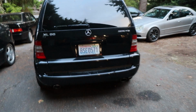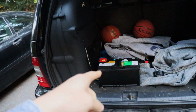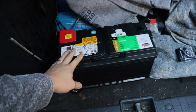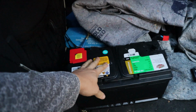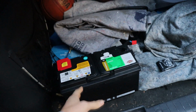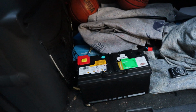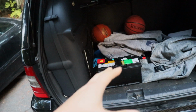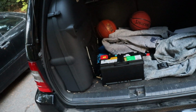No bueno. Alright guys, just got back from Costco. Got our new Group 49. I decided to stick with the Group 49. Could have gone with the H7, but just stuck with the H8. Fresh September 2023, so should be good. Like I said, 3-year warranty on those, and it was $180 out the door with core. If you don't have a core, then it's $15 more. But yeah, before I do that,